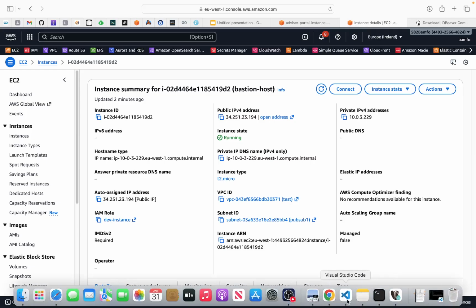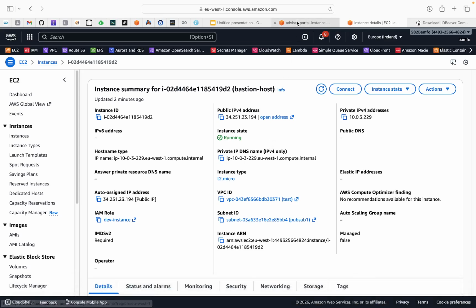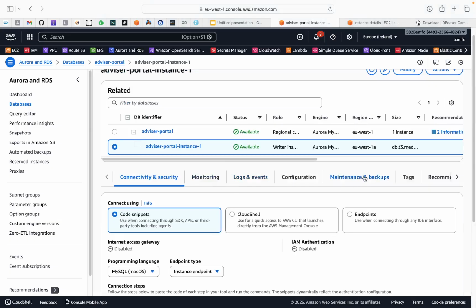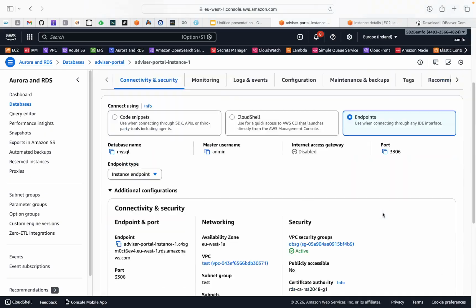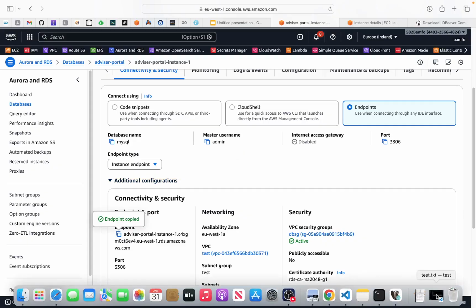So here, to connect, all you need is the endpoint of the database, the private endpoint. If you go to connect and then endpoint, you can grab that. That is the endpoint. If you copy that, no problem. So on my local machine here,